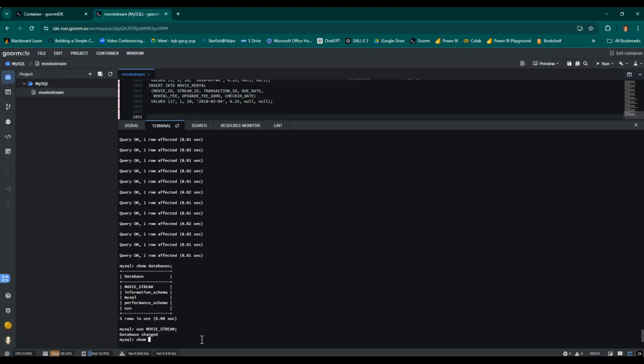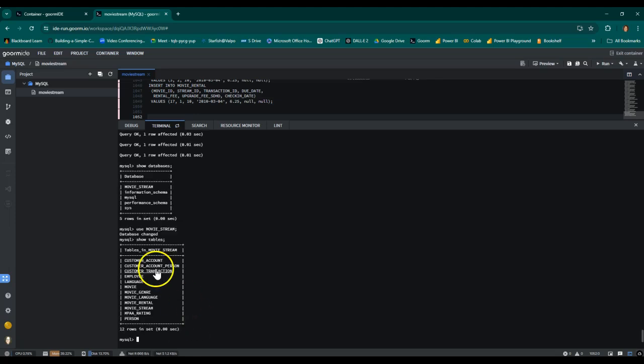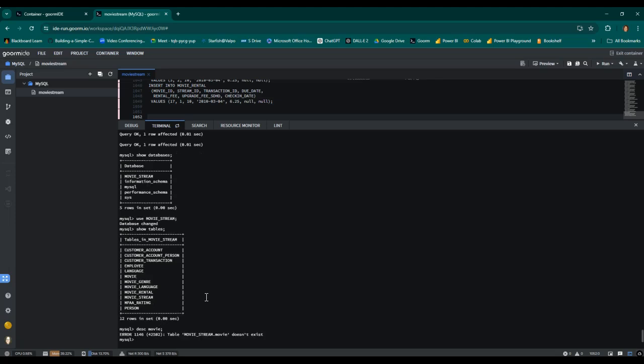And now we're going to take a look at the tables with show tables. And here we're seeing all the tables in our movie stream database. Do our tables actually have columns? Well, let's take a look at the movie table, for example. So to check the format of the table, we use our describe command again, and we're saying describe movie with the semicolon, and we're seeing table movie stream dot movie does not exist. What? Oh, look, it's uppercase movie, right? So